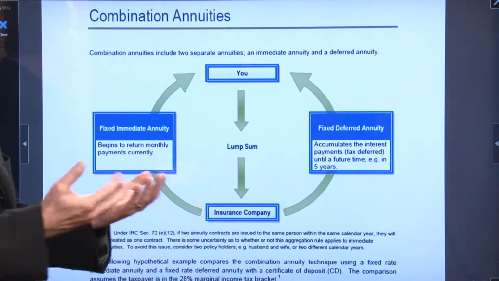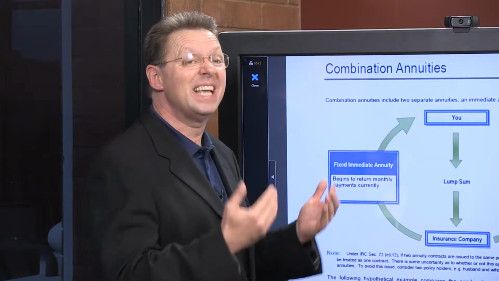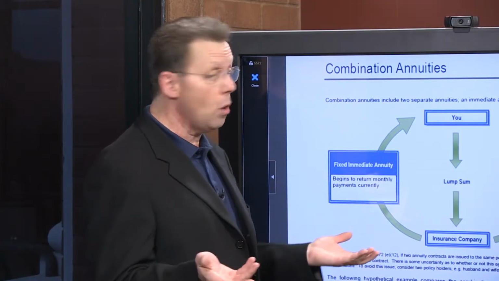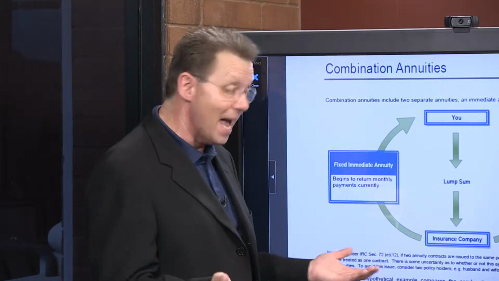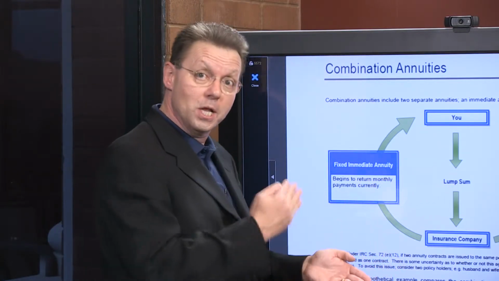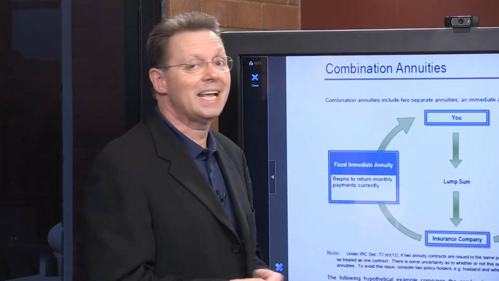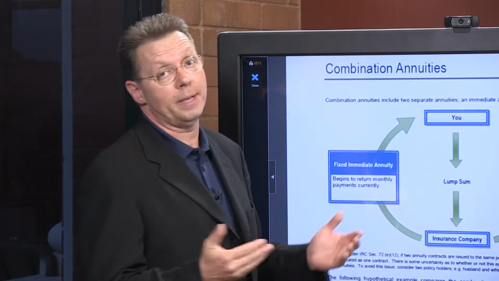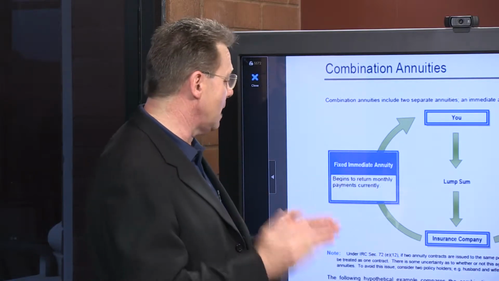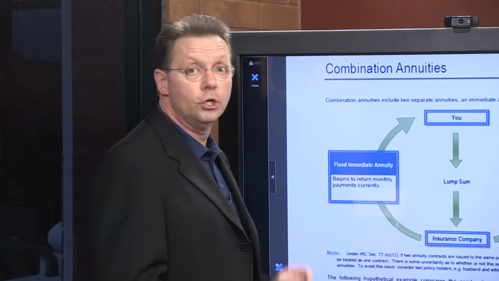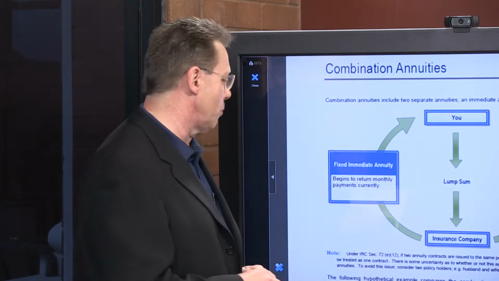So while I'm taking income, I only have to pay on the gain of the SPIA. I don't have to pay any of the taxes yet at the deferred because we're in the accumulation process. Of course, when I take any constructive receipt later on, I'll have to pay taxes on all the gain. But at this time, we're using the combination of immediate annuity and the single premium deferred annuity.